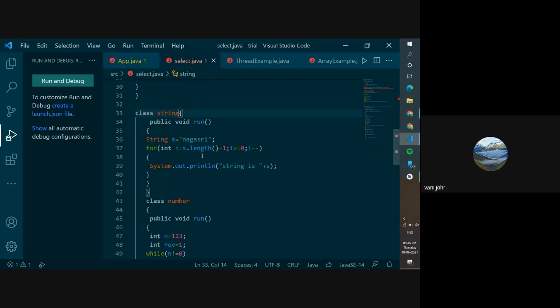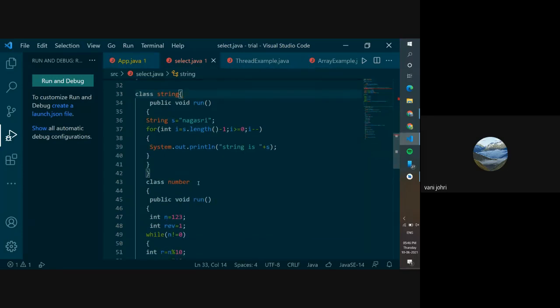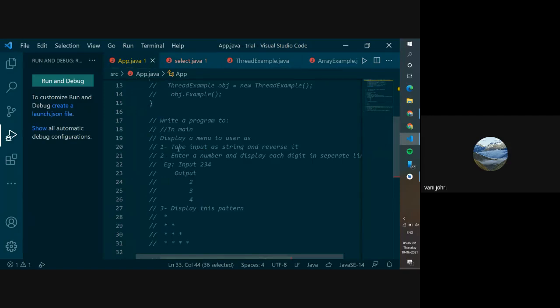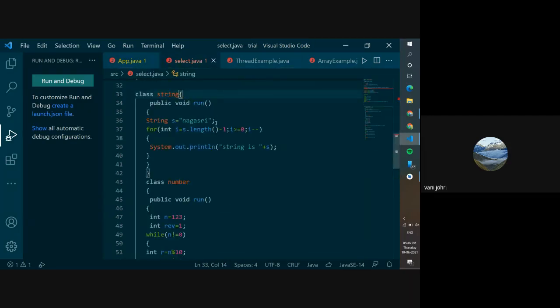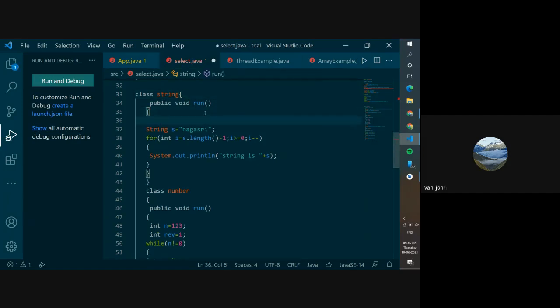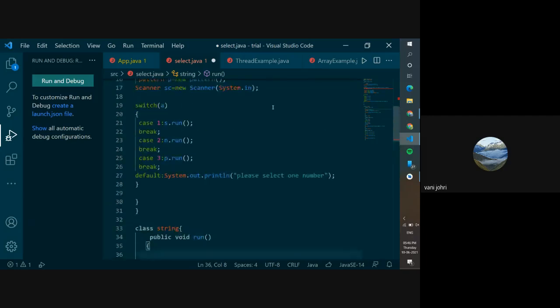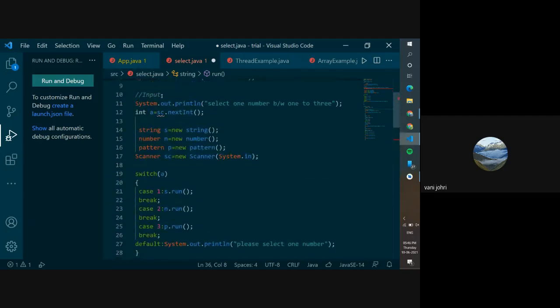Okay, so the first thing that should have been happening, which did not happen, was to take input as a string and reverse it. So what you should have been doing over here is asking the user to enter a string, and I will just copy paste this.